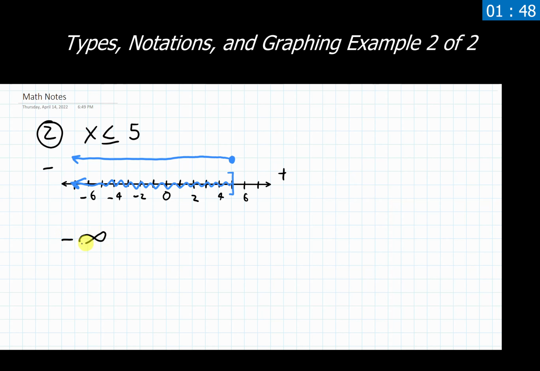There's a very big difference between this going to negative infinity and positive infinity. If you don't think there's much of a difference, or you're not entirely sure where that difference comes in, then let me ask a quick question. Would you rather have negative infinite dollars, or would you rather have positive infinite dollars? Hopefully we're choosing the positive one so we have infinite money, versus never having any money of any kind, always being in debt. So keep that in mind as you're writing these out.